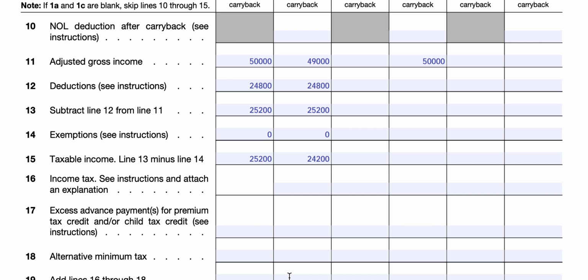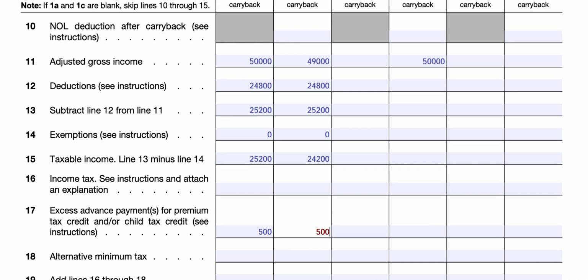So you would include any excess premium tax credit on line 17 for both the before carryback and after carryback. So let's imagine that you had a $500 credit that would appear on both sides of the column. And then for alternative minimum tax, any carrybacks of either an NOL or a Section 1256 contracts loss may impact